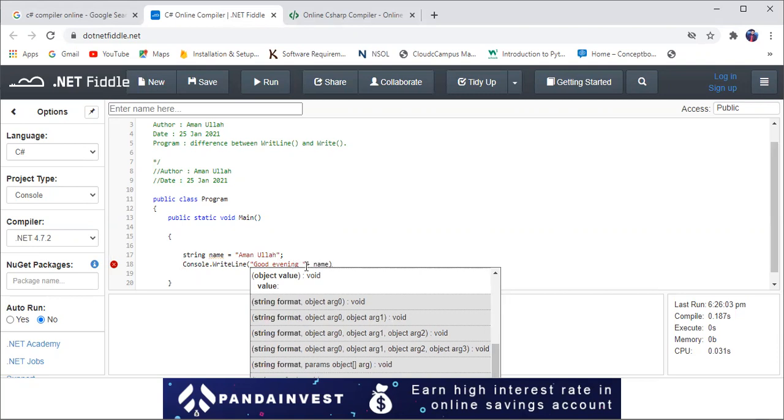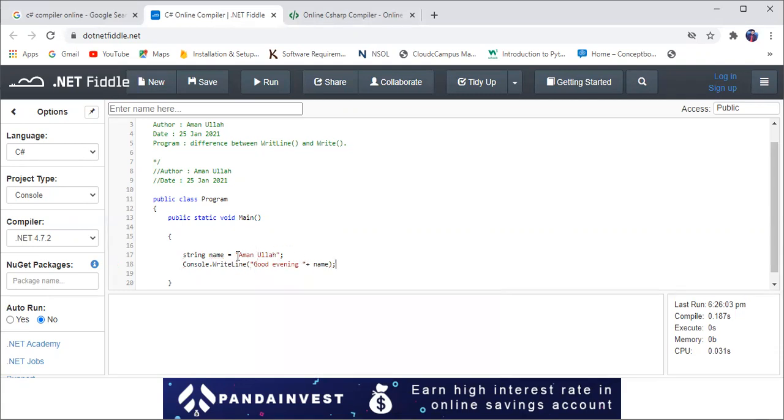So I'm using my name. What is inside my name? That is Amanullah, and after that I'm concatenating this text, this string, with this name. This plus sign will concatenate these two strings with each other.